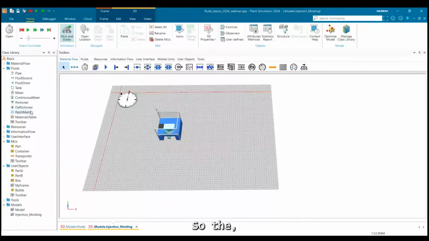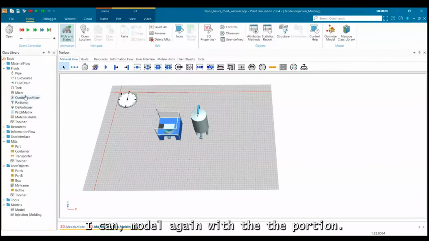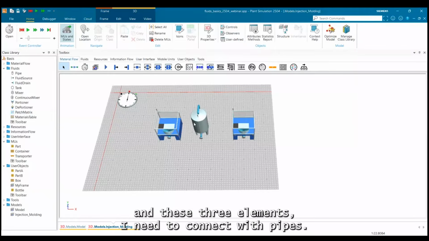So the storage of the machine, I can simulate or model with the tank. And the injection molding machine, I can model again with the deportioner. So these three elements, and these three elements I need to connect with pipes.